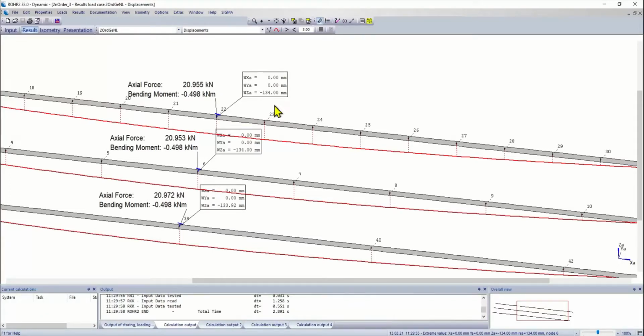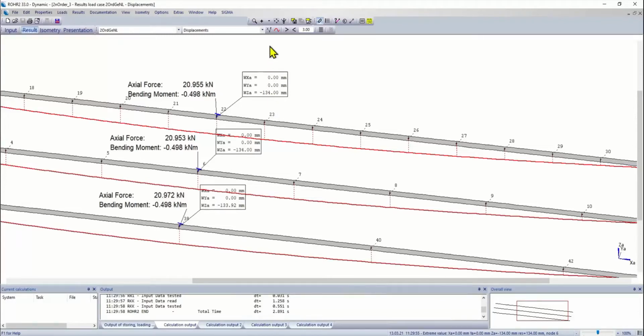And now we can understand the warning from Raw2. Actually, if you look at the stability from the bending stiffness, it's only preventing the deflection, so it gets 800 millimeters, and now we add some geometric stiffness on top of it, and this stiffness increases the stiffness so much that it goes all the way down to 134. So a lot of the stiffness actually comes from the second order effect.